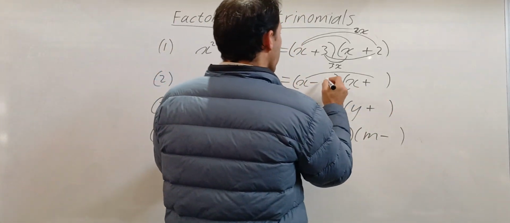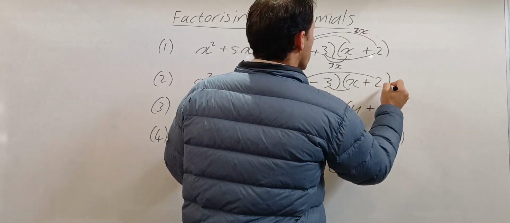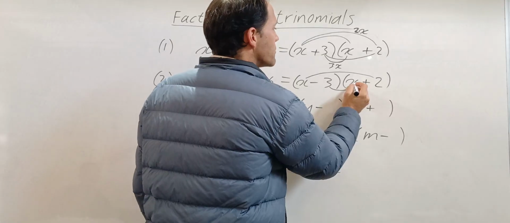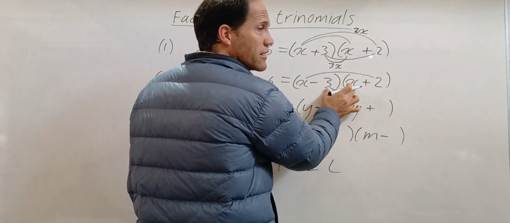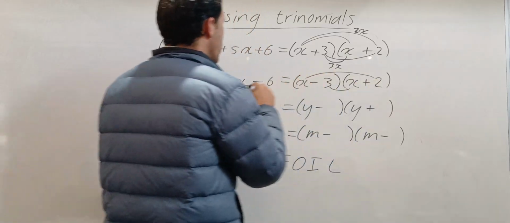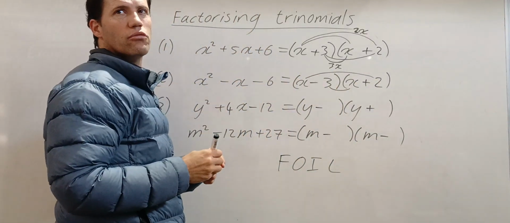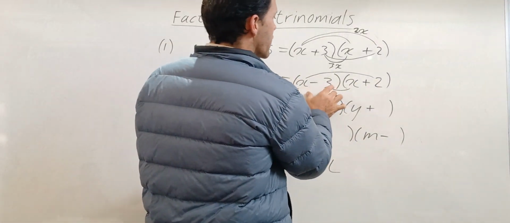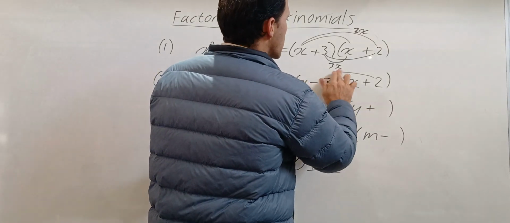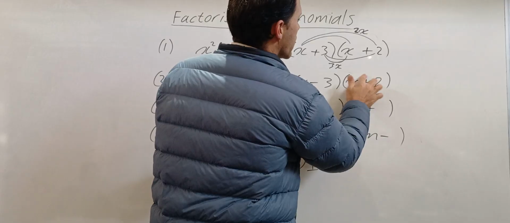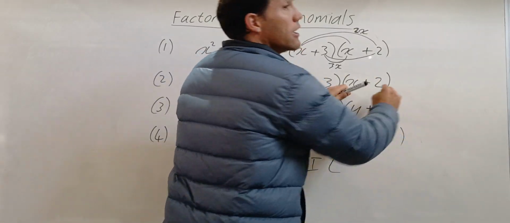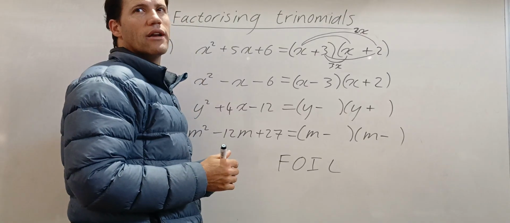Then you check, what about negative 3 times 2? What is negative 3 times 2? It's also negative 6. But what happens now? Negative 3 times x is negative 3x, plus 2 times x is plus 2x. So negative 3x plus 2x gives you negative 1x in the middle. Then you know it works. So that's the right answer, x minus 3. You can even do this in pencil, and then afterwards you can rub it out if you want to. But just make clear we see what's the final answer. X minus 3, x plus 2. Not 6 and 1.